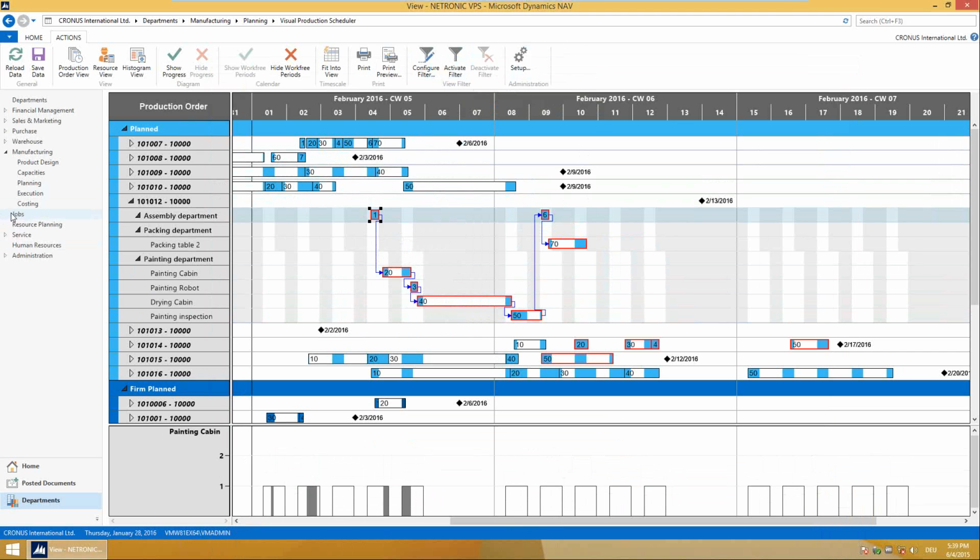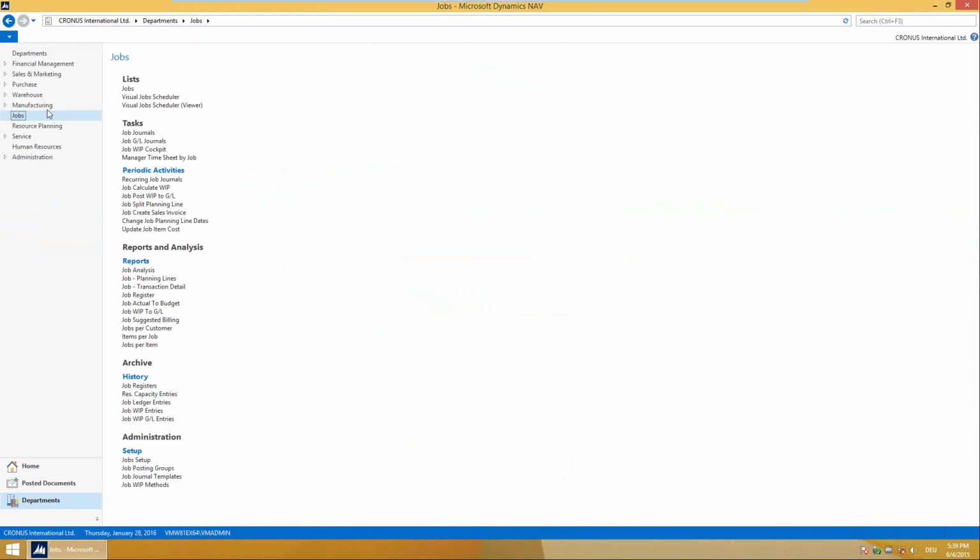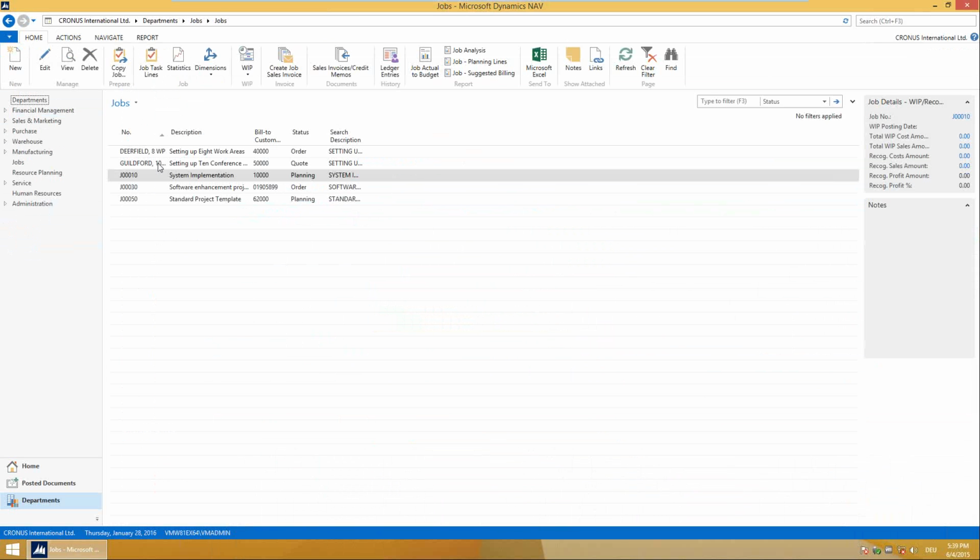to NAV Jobs. Let's just go to NAV Jobs and think about how NAV lets you deal with jobs. I'm pretty sure that you've seen this before. You can define your jobs. So you have the jobs overview,